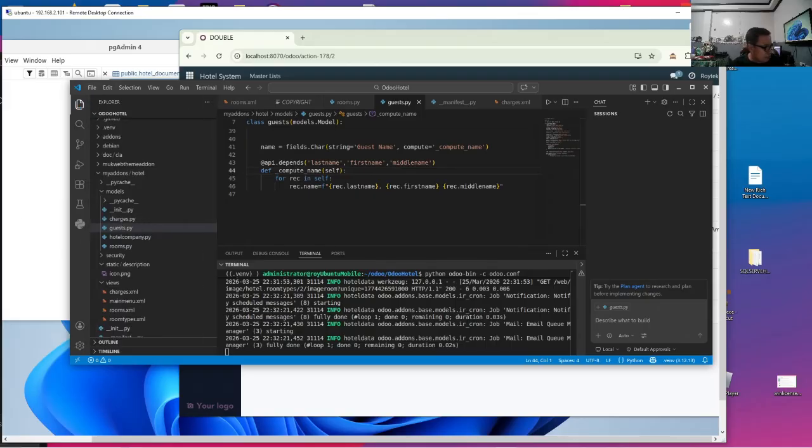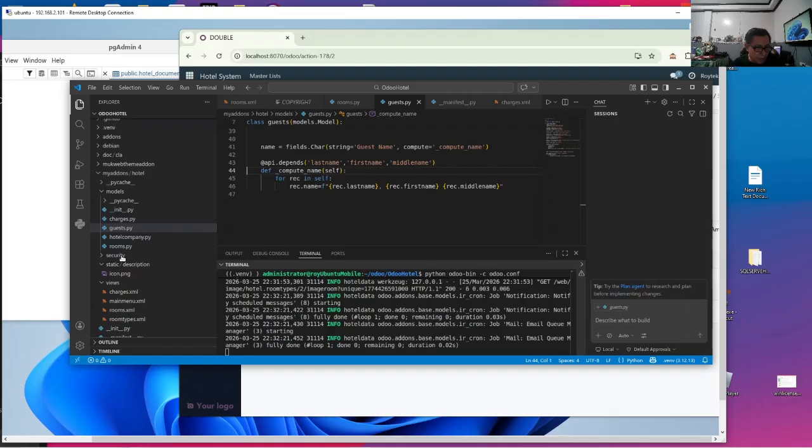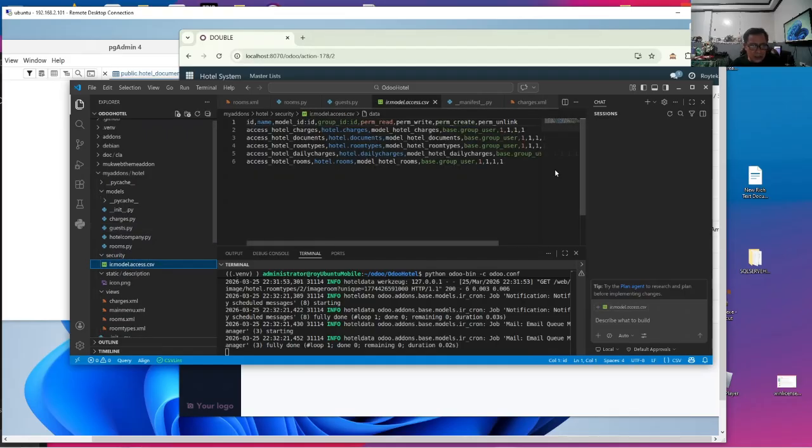Now, before we forget, of course, we are going to put the security for this model. So this model is called guests. So we'll go to our ir.model.access CSV, which I've already prepared, and put the necessary security for the base user.